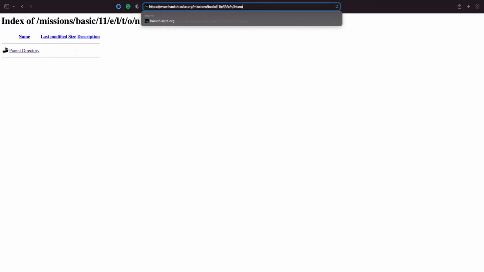And we know that this site is running on Apache. Now, one of the most common hidden files that you will see in a web environment is the .htaccess, which controls certain aspects of the website and the website security. So what we can do is we can check if this file exists by going to .htaccess, and there you go. We can see that the .htaccess file does exist.